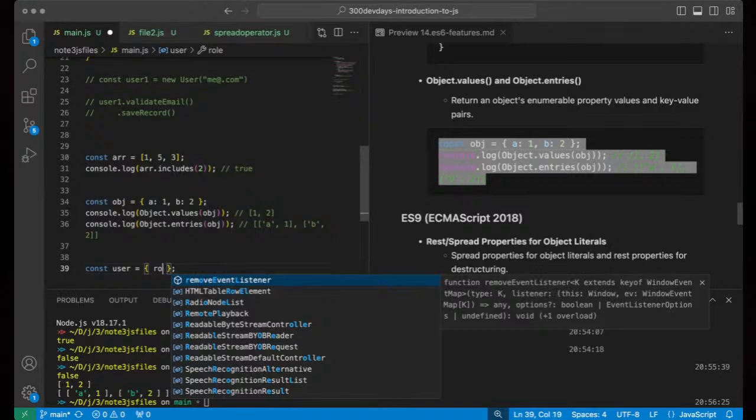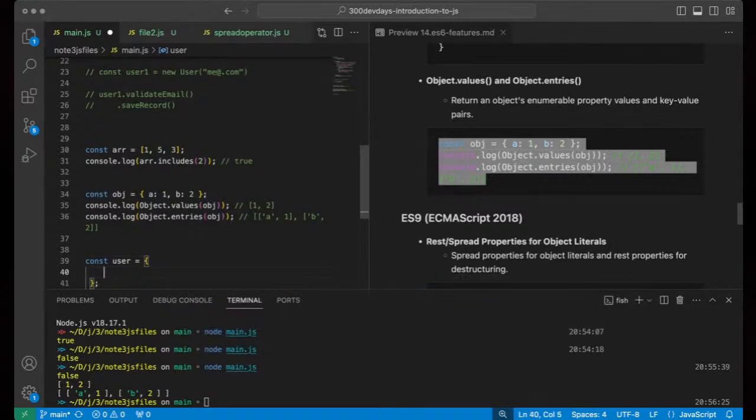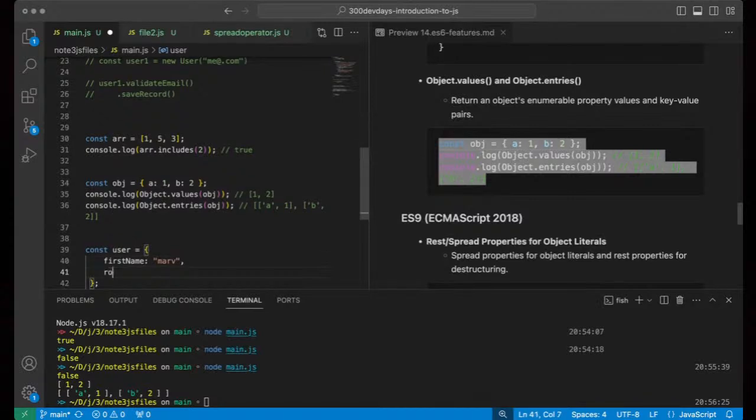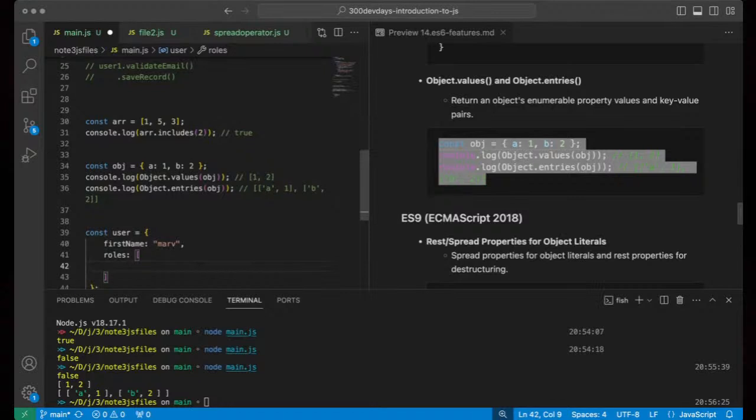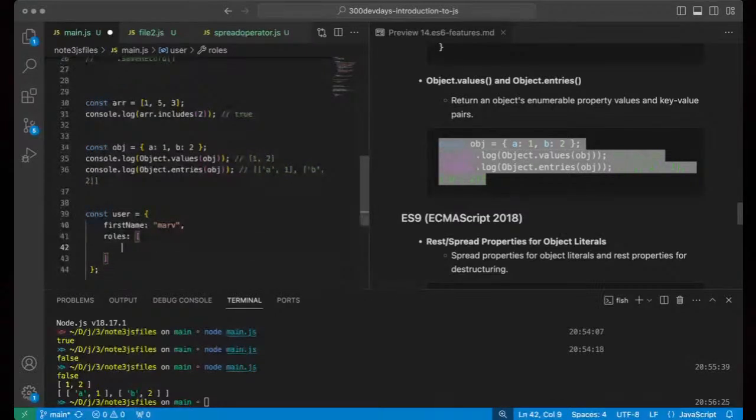So a user basically has, I would say, first name, right? So first name, Mav, some other details, right? Then we have rows, and maybe the rows then have something like this, okay? And each row probably has, I don't know, let's say auth. This is another example, right? Probably invalid. Okay, let's see. So there's an object, we have auth, and auth probably gives us what are the actions.